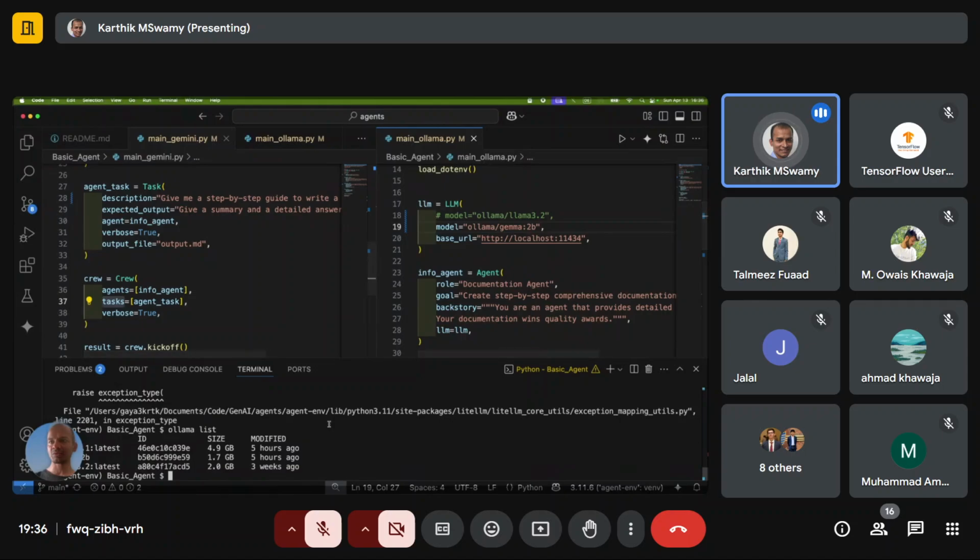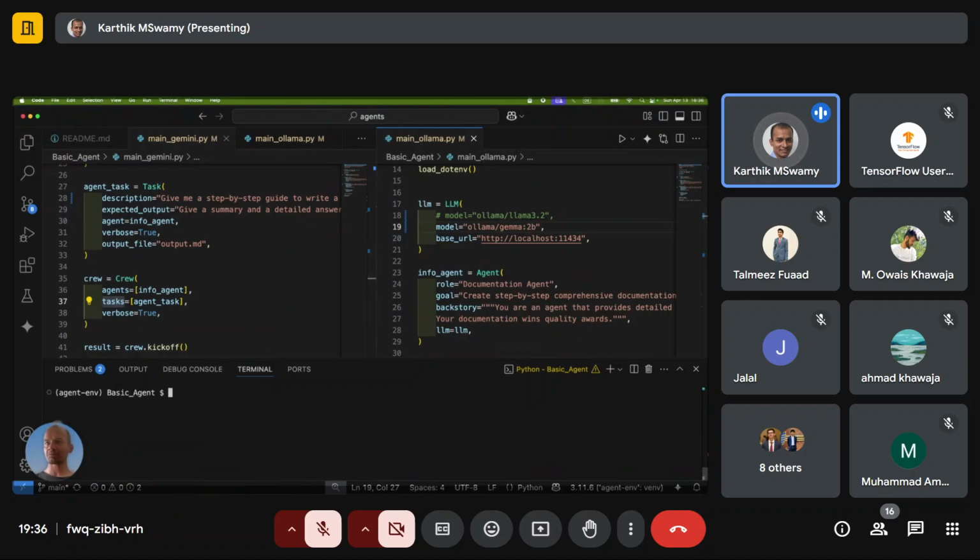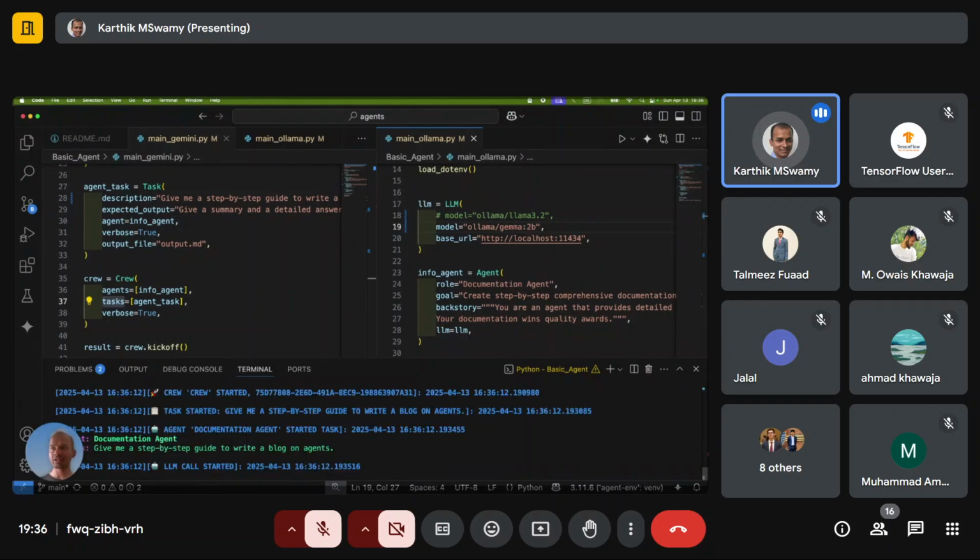In this particular scenario, irrespective of whether it's Gemma 2b or actually Gemma 3, doesn't matter. I can also do a Gemma 3, but before you do Gemma 3, you need to just do an Ollama pull. That's the only small thing. But besides that, you will also set this base URL. Why? Because Ollama is running on a URL on a port like this. So you will simply set this up like this, and then you will call the Ollama, and pretty much from